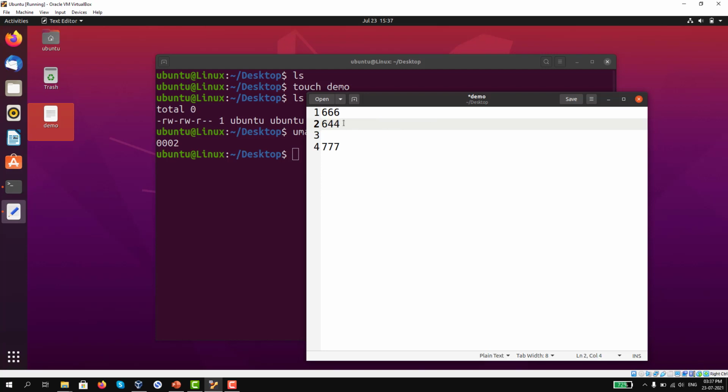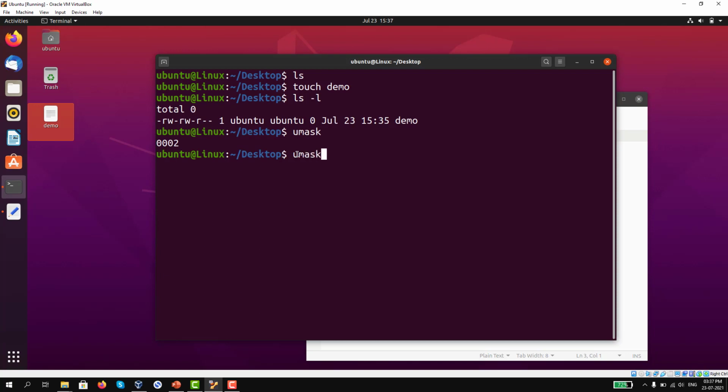How can I do that? If I subtract, what is the result that I will get? 0, 2, 2. So this is the value that I need to add to umask. If I set umask 0, 2, 2 and let me check, the value has been added.